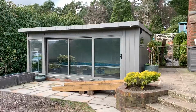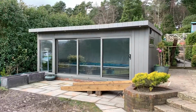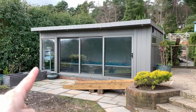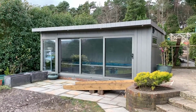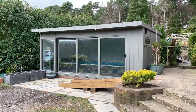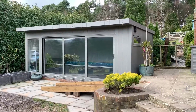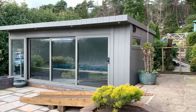Before I show you inside, this has a tri-sliding aluminium door. That 4.2 metre opening, the aperture there of 4.2 meters, we quite typically put in bifold doors. They do give you the greatest opening, but these don't have any gather of the door. The gather here would have been a bit awkward, so these slide over really nicely, still give you a large opening, and a really nice alternative to bifold doors, particularly when they're closed. That big panoramic view, with the gap being broken into 3 instead of 5, which you normally do with a bifold. It's in a colour called RAL 7039, colour matched to the MTX V200 cladding along with the aluminium doors